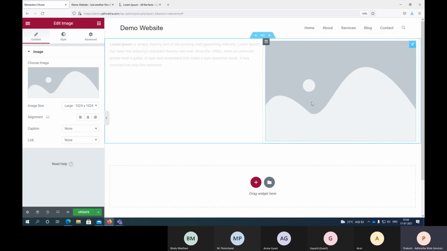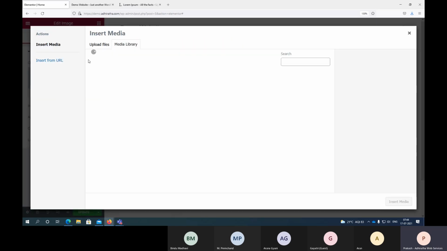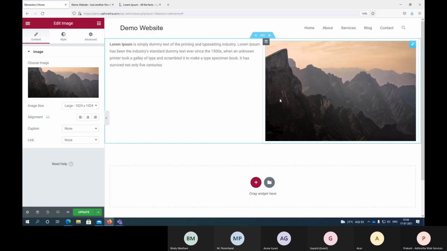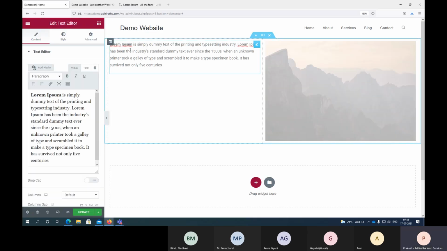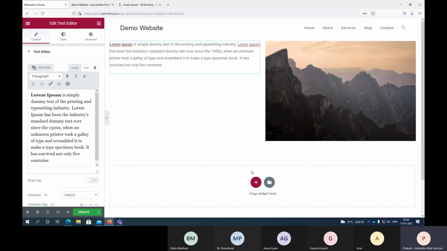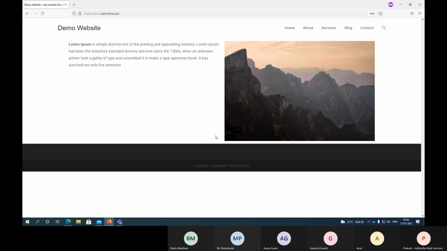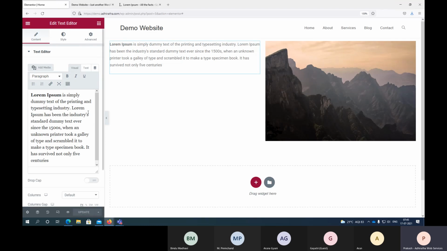Okay. Then on the right hand side we have an image again. So this time let us pick that image. Now it will fit, right? So here this text is there. How is this text looking? Okay, let me save it and see how the output is coming here. See, it's okay, but this text is on the top, right? So how can we actually make it better?